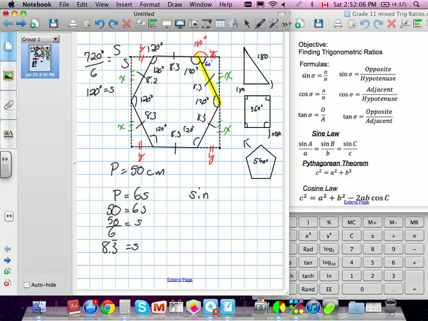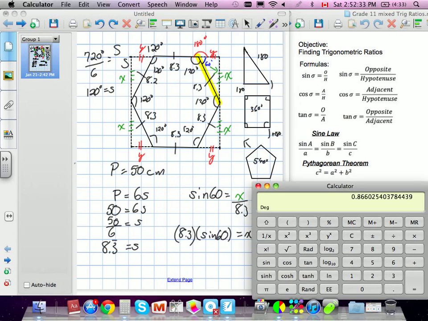And what is our opposite? Yep, that's right. X divided by 8.3 is our hypotenuse. Good. So we now have information to solve for our x. 8.3 times sine 60 is equal to our x. So sine 60 times 8.3,